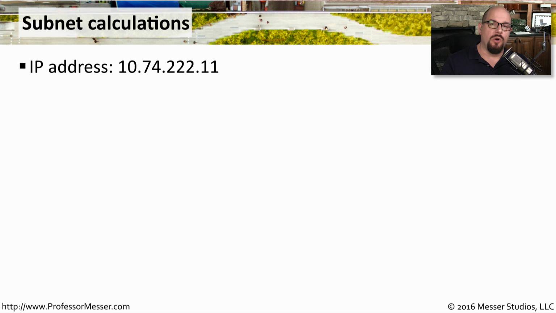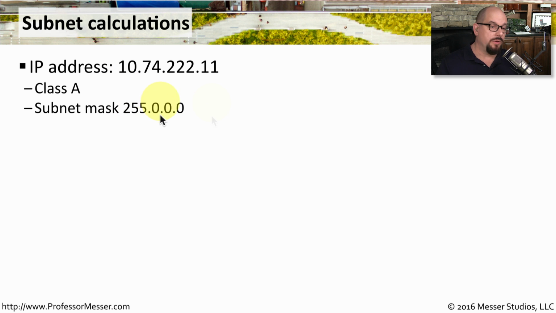Let's now take what we know about the network address, the first usable IP address, the broadcast address, and the last usable IP address, and do some calculations using actual IP values. So let's take the IP address of 10.74.222.11. And when we perform this calculation, let's assume that we're using the default values or the class-based subnet masks. We know that anything that starts with an IP address of 10 falls into the Class A subnet range, which means the subnet mask will be